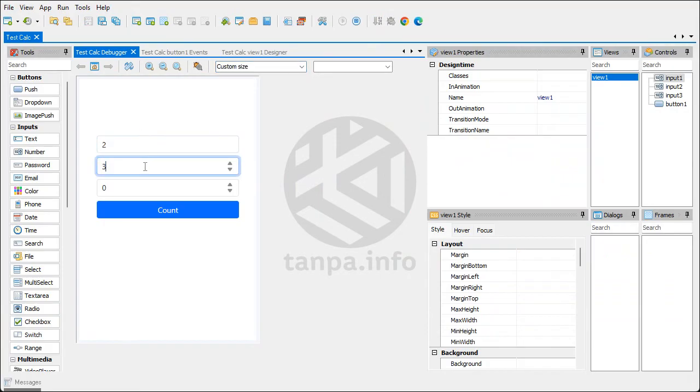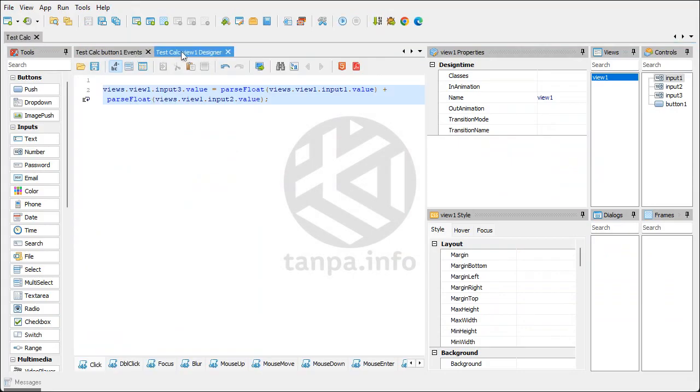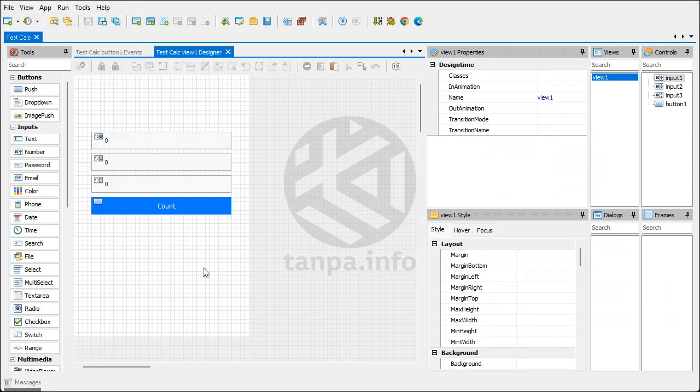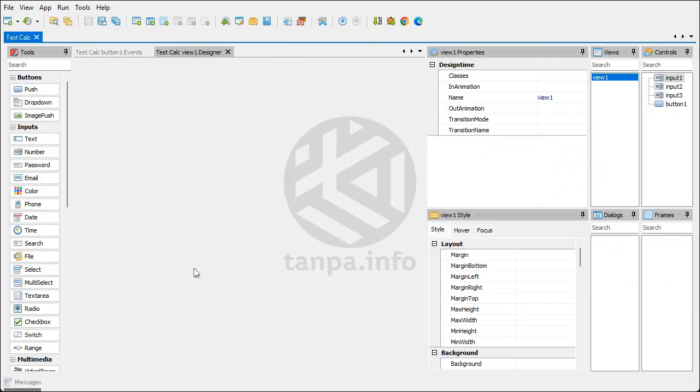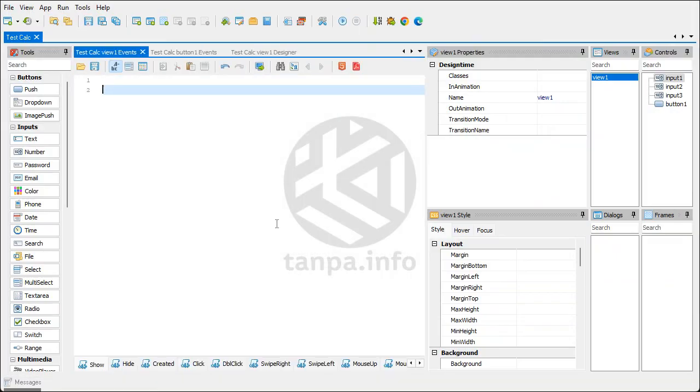Now, let's try. We need to modify the empty display input. Double-click View 1 Designer to open the show event. Then, update the event code as shown.